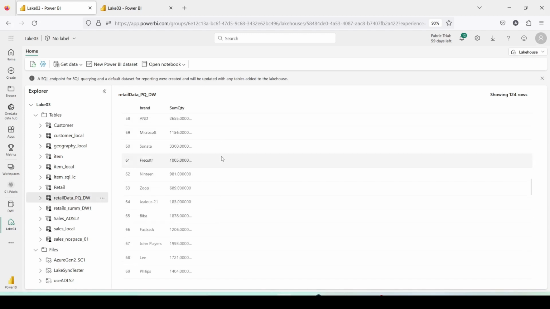So I have shown you both options where you can do your data transformation, data cleaning, data preparation. You can use a Pandas DataFrame, Spark notebook, or you can use Dataflow Gen 2, the Power Query, the M language. Go ahead and try that out. So go ahead, try both these options out, and do let me know what else you want me to cover